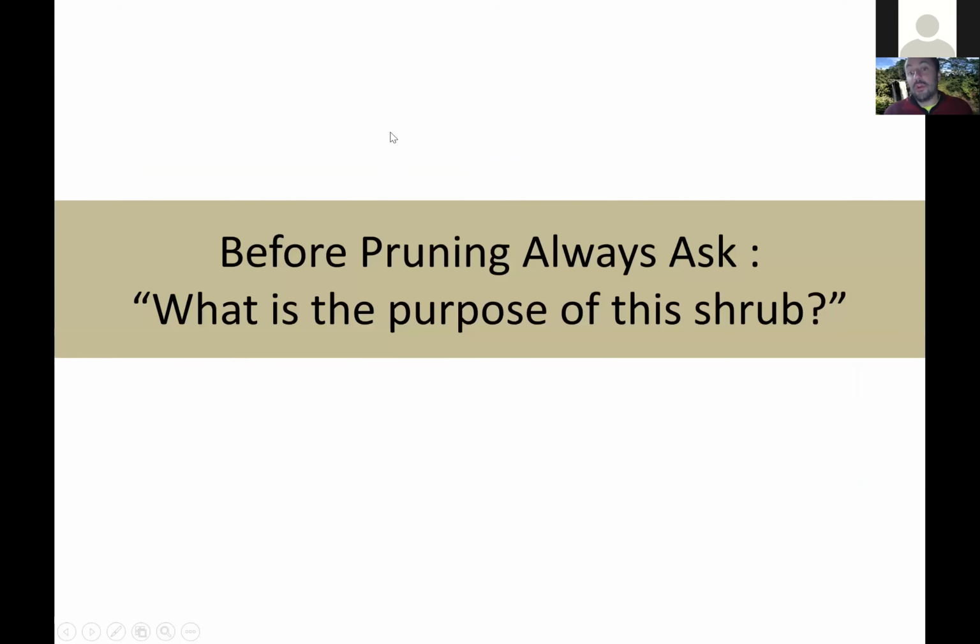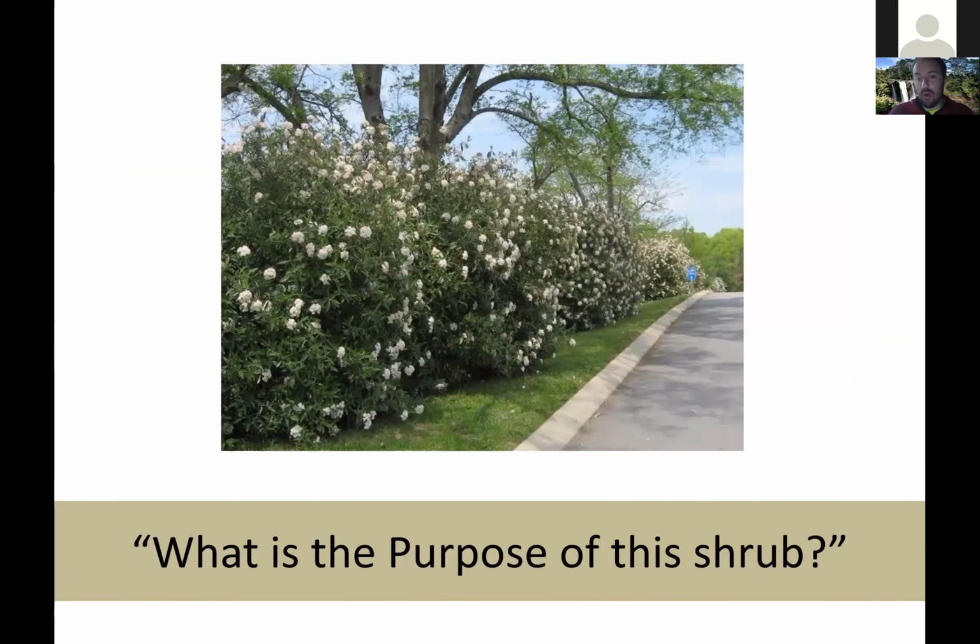Either way, though, before you prune, you always want to determine what the purpose of the shrub is, because the different pruning methods I'm going to talk about will affect a shrub's ability to do its job in the landscape differently. So like this shrub, what's it for? Maybe a barrier, looks like primarily flowers, and it looks like a screen maybe for a park. So we want to prune in a way that respects that, keeps them being an effective screen and maximizes flower production.